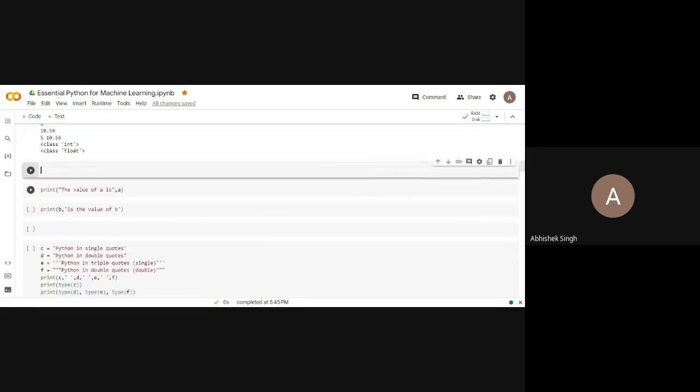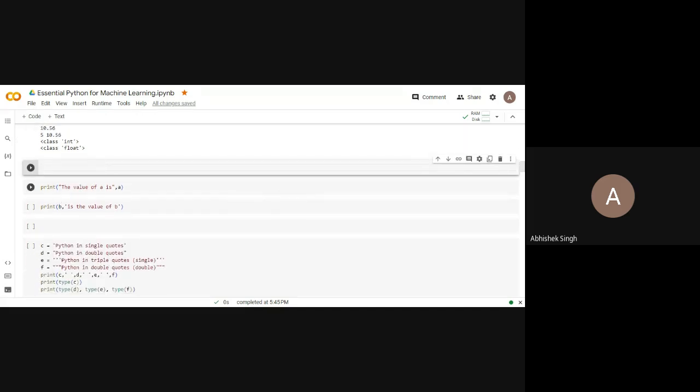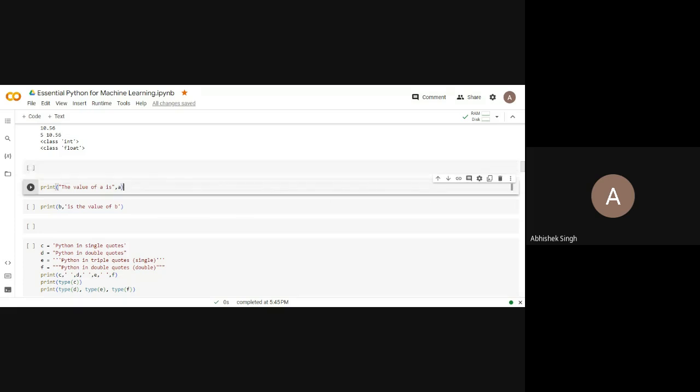Now in the print statement, I have written print a and it gives 5, print b gives 10.56. I can make it look more meaningful by writing some statements here. Whenever I write something within quotes, suppose here I write the value of a is, within double quotes, it means that whatever is written within quotes will be printed as it is, and whatever is written without quotes, the value associated with that variable will be printed.